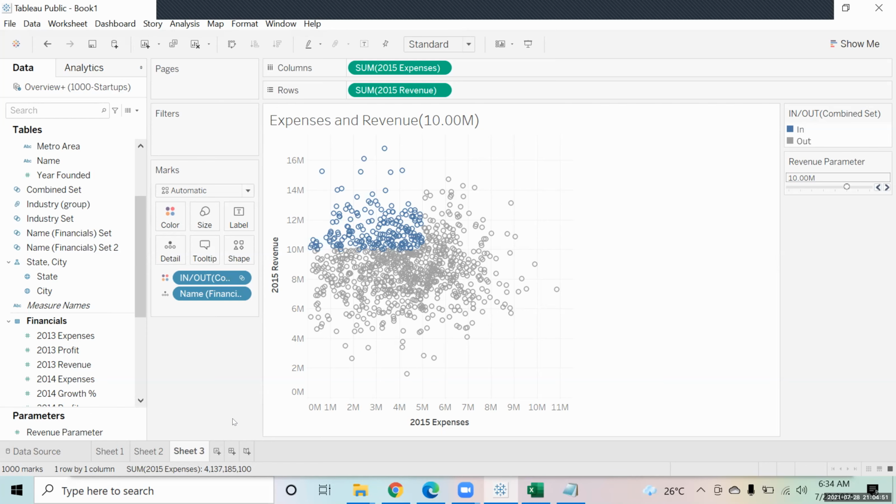Just pick a chart, assume this is the sales, this is the profit, and these are all the customers. Then say, let me highlight those customers who have given me sales of more than 5,000, or profit of more than 2,000. You can create a group and set over there.